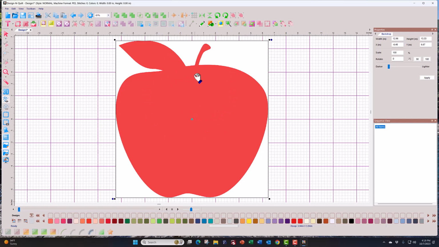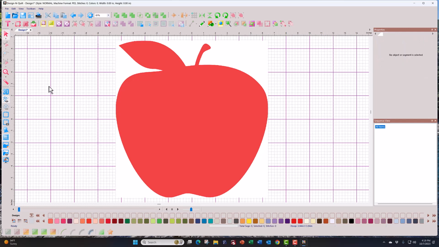And you can tell I'm in backdrop mode because I've got it selected here, and you can see the backdrop here in the properties box. So to get out of that mode, I just come back to our normal select icon over here and click that. And when I do that, you'll see that nothing is selected. If I try and click and select that backdrop right now, I can't, because it's designed to be there and be immovable,